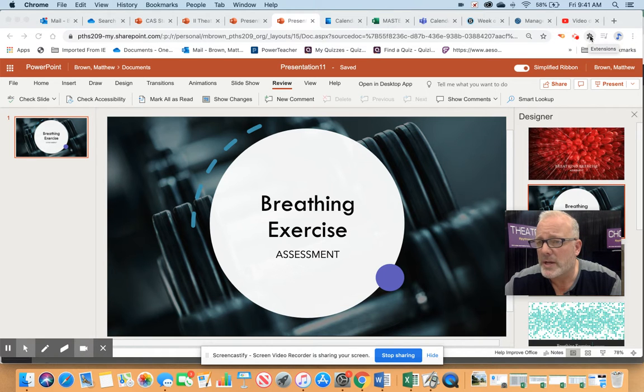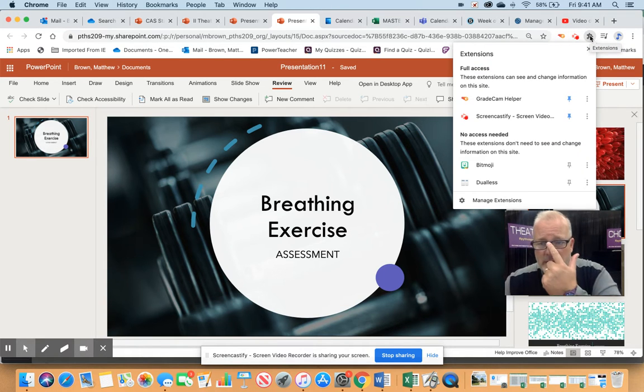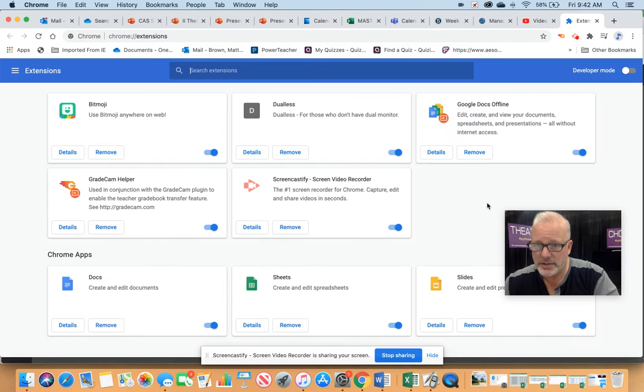But I'm going to go here to the puzzle piece, which is my extensions. And this lists all the extensions that I have here in my Chrome browser. So I'm going to click Manage Extensions. This also shows me what I have already. But if you don't have Screencastify already, which would look like this right here,